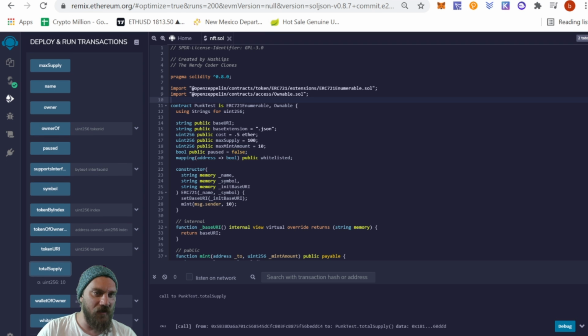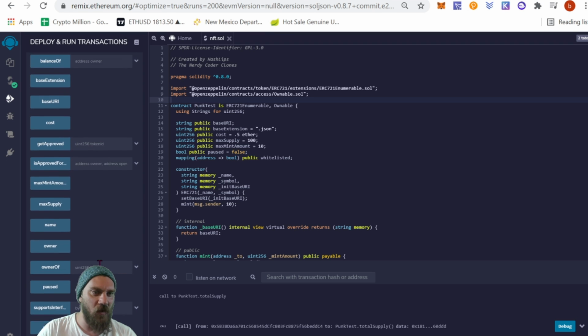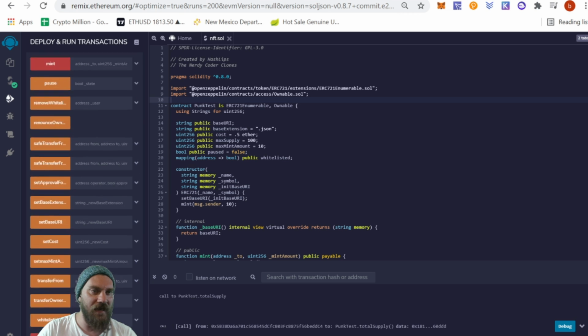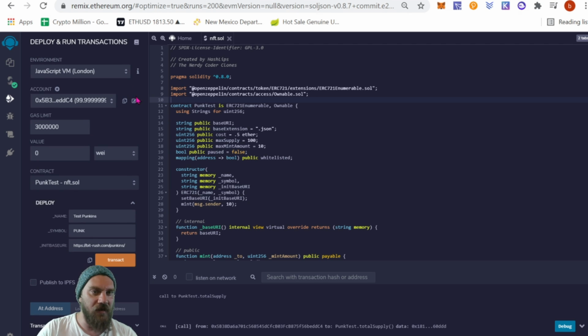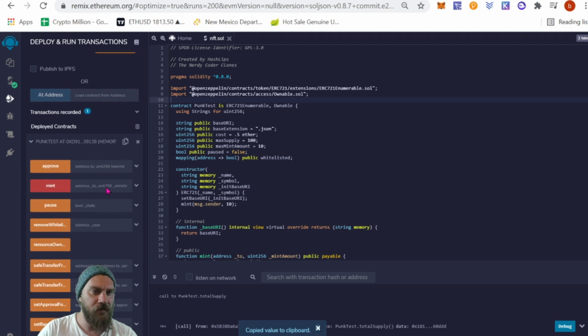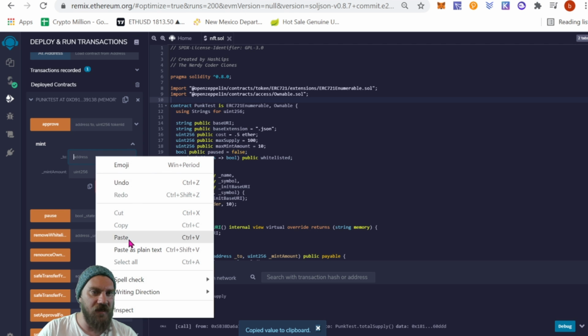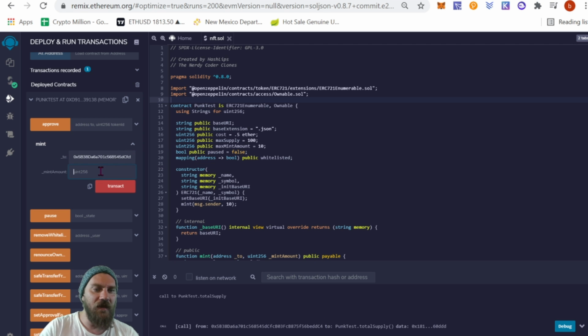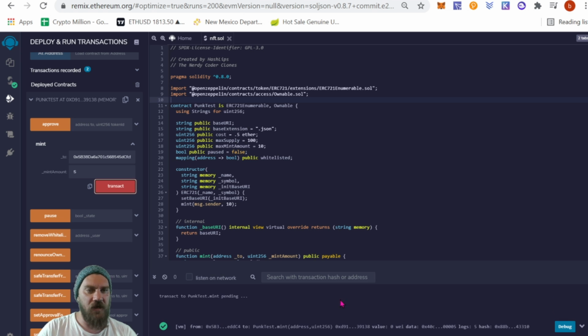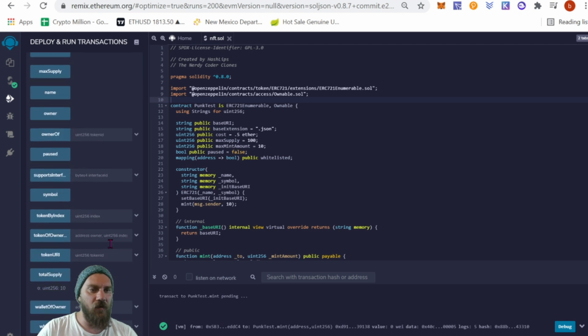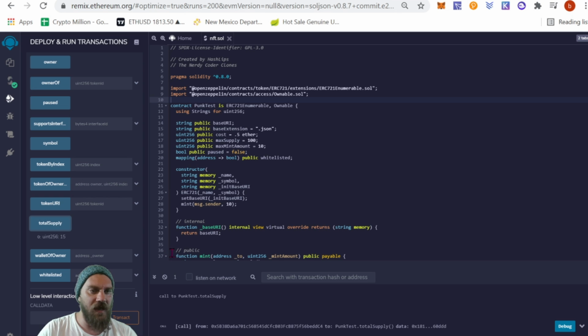If we want, we can do a mint if you guys wanted. So let's just do that real quick as a test. So you're going to need your address. So copy this Ethereum address that you're using as the test address, and then we're going to come down to mint, and we're going to paste our address in that we want to mint to, and then we're going to do the number. So in our case, let's just do 5. Let's try to mint 5 more into our same wallet. Transact, it looks good. And now when we come back down and we can do total supply, and it should say 15, so we just minted them.